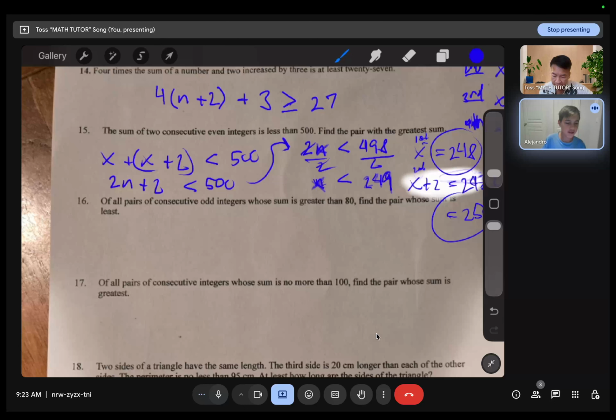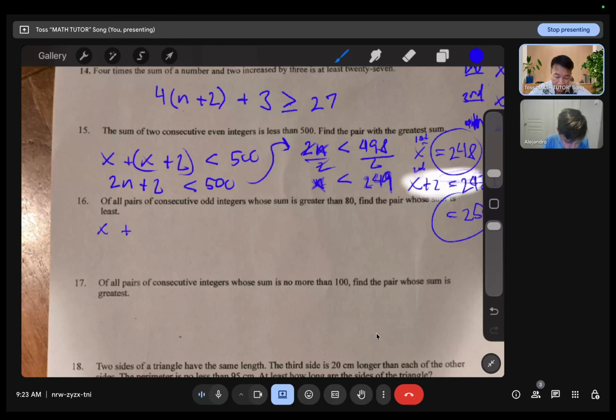Consecutive. Consecutive odd. Isn't that the same thing, right? Consecutive odd and even, right? X plus 2. Did I prove that? Have I proven it to you, right? I plug in numbers and you get odd, right? Yeah, so they're the same. Okay, so it's going to be x plus,